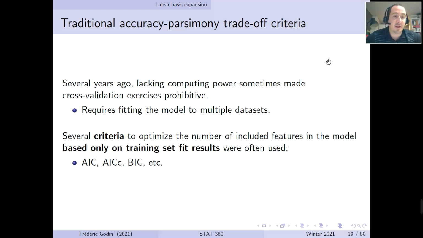But we also mentioned that linear functions sometimes are too inflexible if the relationship between predictors and the response variable is nonlinear. So then we discussed transformations that could be applied to original predictors so as to capture nonlinear transformations. We illustrated the case where we took polynomial transformations of a single predictor to be able to